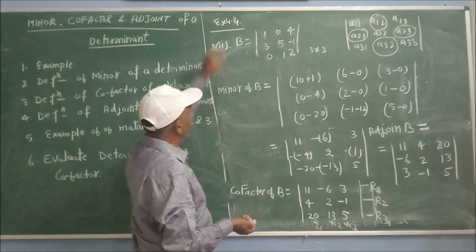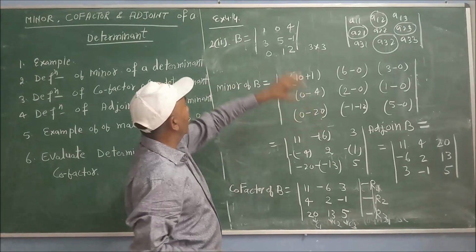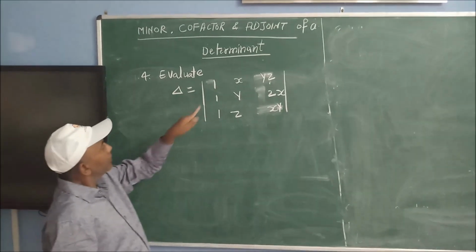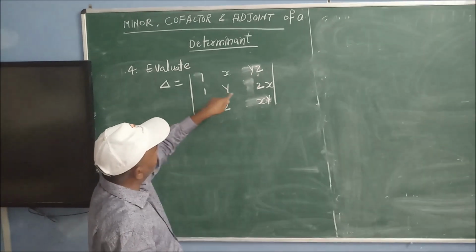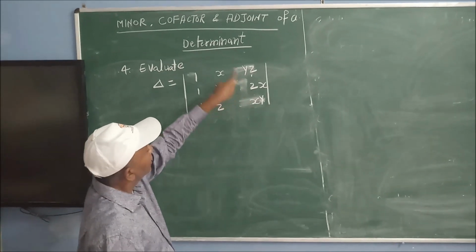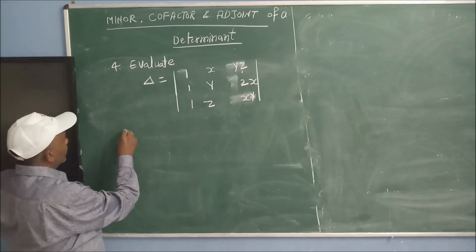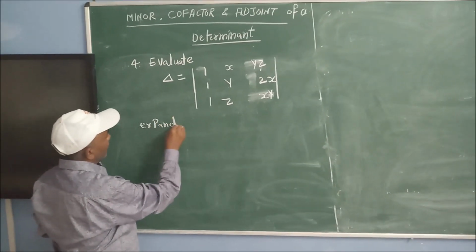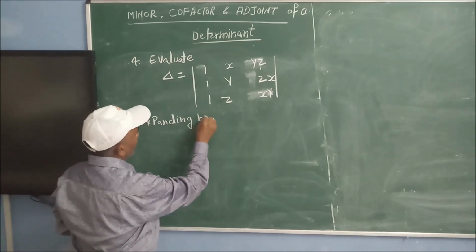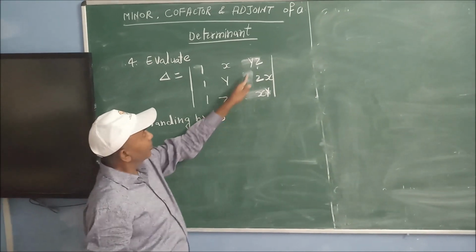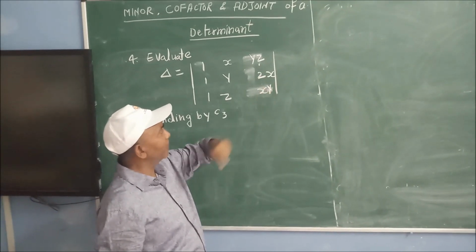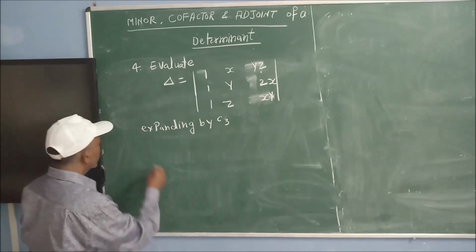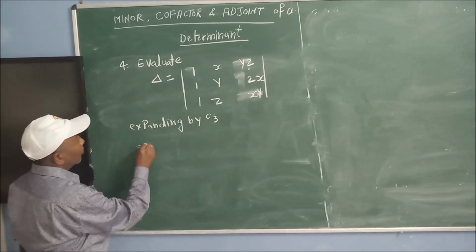So similarly we can calculate minor, cofactor and adjoint of a determinant. We have to evaluate the value of the determinant with rows 1, x, yz; 1, y, zx; and 1, z, xy, using the third column. By expanding by C3, that is yz, zx and xy, the signs will be positive, negative, and positive. So this can be written as yz